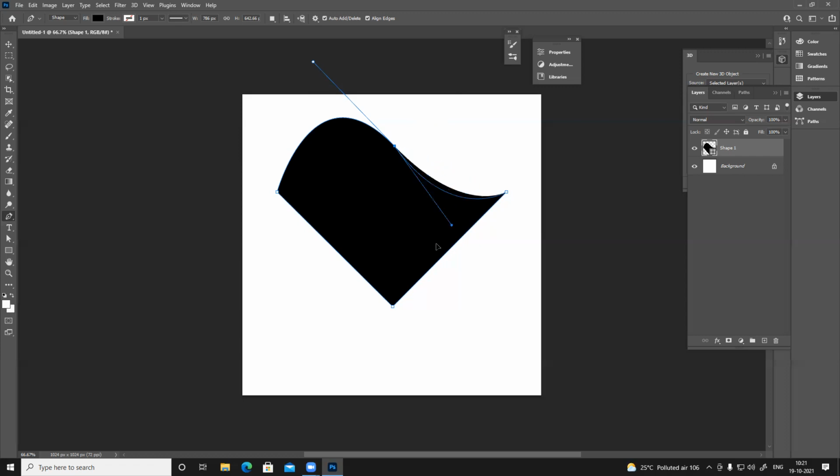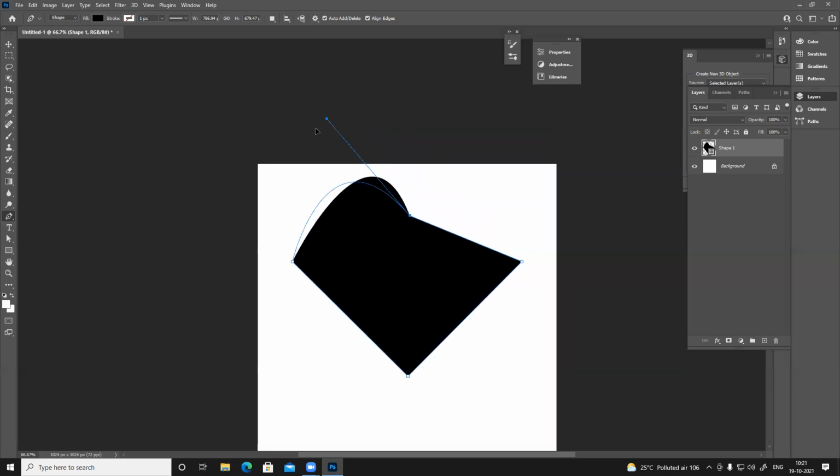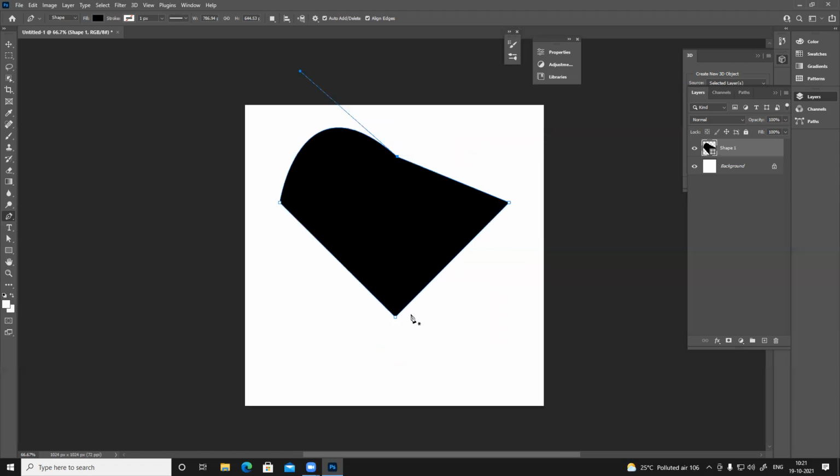So you can see I'm holding Alt and just moving this one. But previously with Control, it was moving both the sides. Control moves both the sides. Alt moves only one side. So I can keep this thing perfectly straight, align here, and this one I can control and make it curve. You can control this thing very nicely.